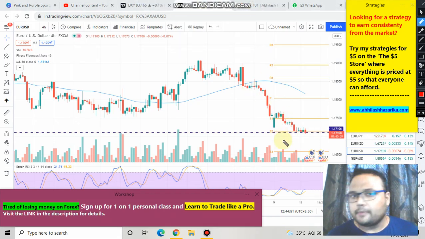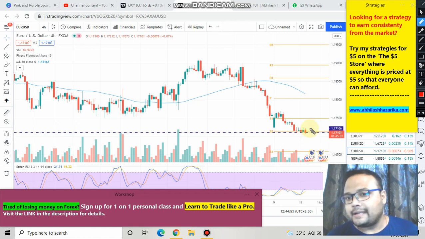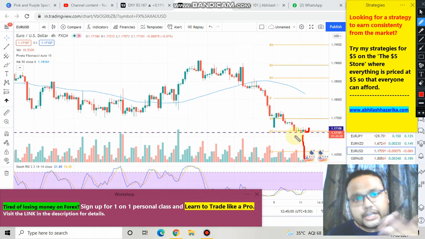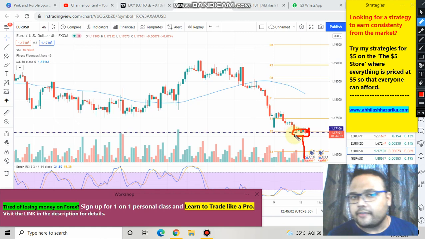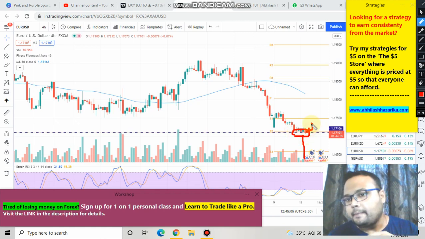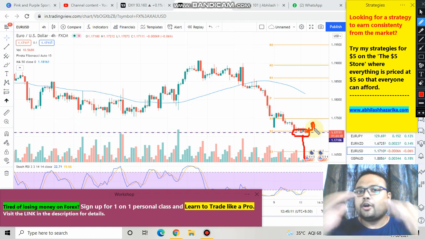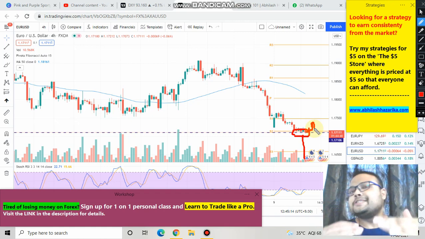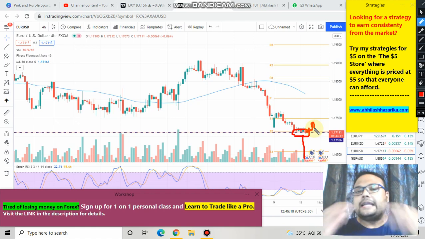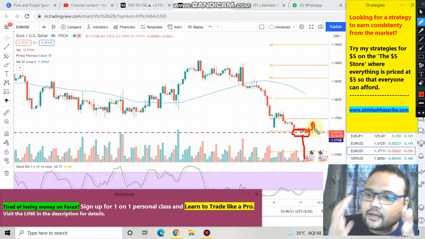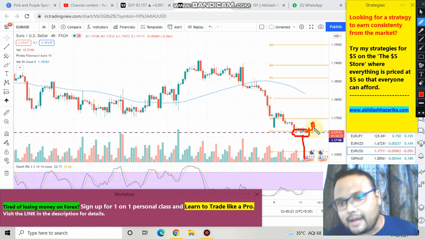If after a couple of hours you see the market respecting this level and going up from here, then you can go for a buy. Or if you see a strong price rejection from below, if the market forms a hammer kind of candlestick pattern and then goes up, then you can go for a buy. But yes, confirmation is extremely important. You can see that EUR/USD is trying to respect the support, but it does not have the strength yet. Let it give you the confirmation first, then you should go for a buy.